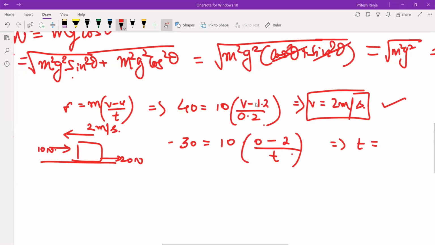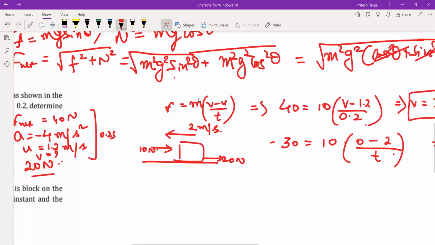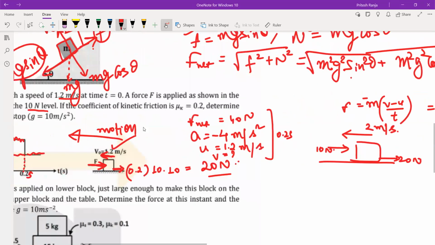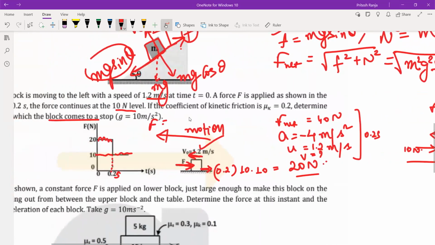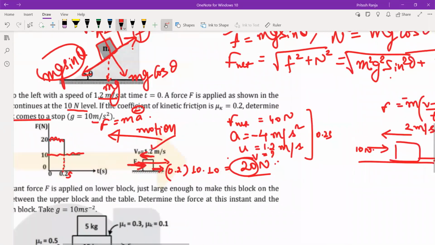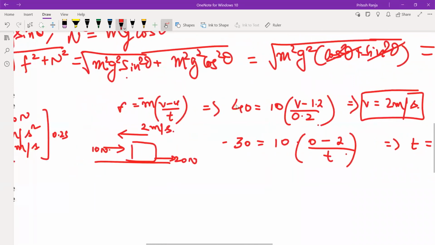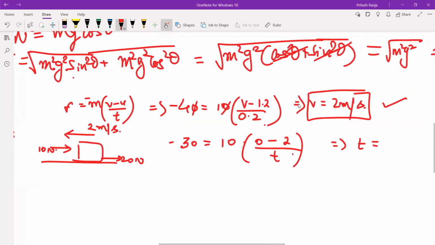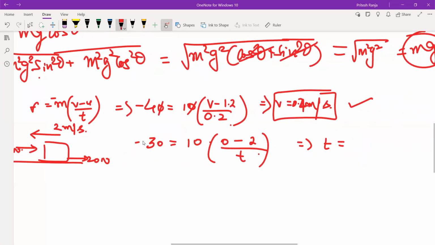Wait, one thing happened here. This equation whatever we have written, f is equal to m into v minus u, ये इक्वेशन कैसा होना चाहिए, माइनस m into v minus u by t, because I cannot write force is equal to mass into acceleration, because acceleration तो नेगेटिव है और फोर्स हम क्या ले रहे हैं, टोटल पॉजिटिव. सो आई हैव टू यूज माइनस एफ इज इक्वल टू एम इंटू ए. तो यहाँ से हमें v का जो वैल्यू मिलेगा दैट विल बी 0.4, right? The same way that we did here.